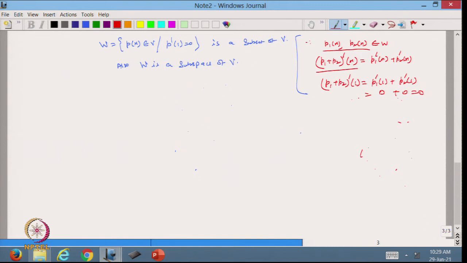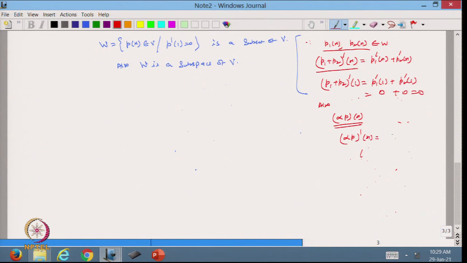So, this is p(1), 0 and 0, so that will be 0. It means that the sum of two polynomials also belongs to the set W. Also, for alpha p(x), this one I want to check. So I just take alpha p